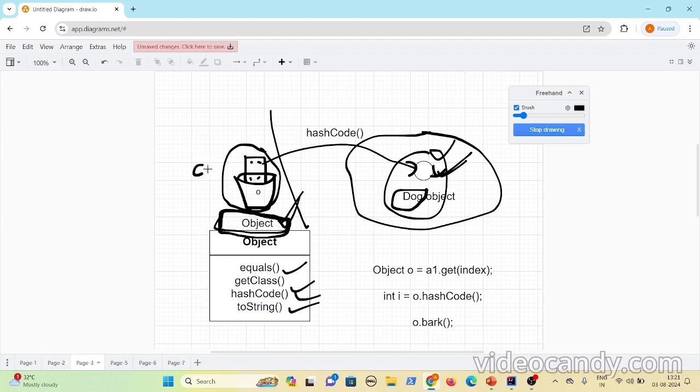Let's say this is a cat object. It creates buttons along with these 4 buttons for the sleep off and roam off methods also, because in the cat class you have those methods as well. Now if your reference variable is object, since it has buttons only for these 4 methods, not for sleep off and roam off, you cannot invoke those methods on the dog object.